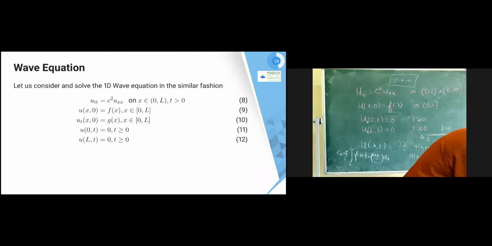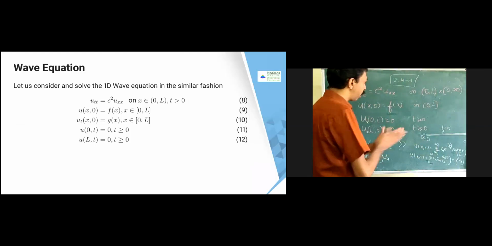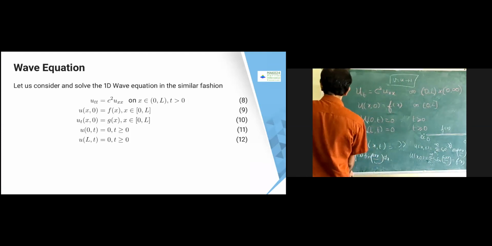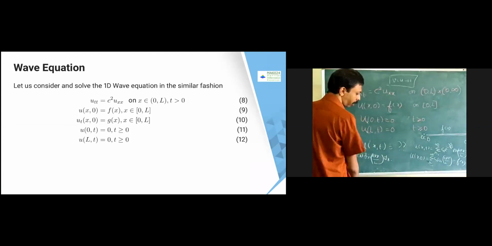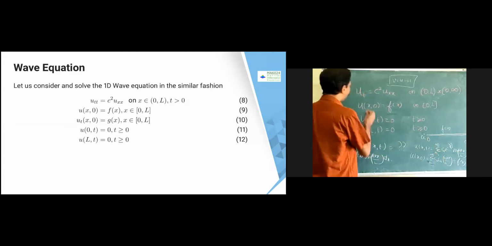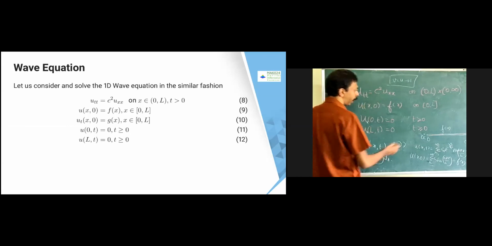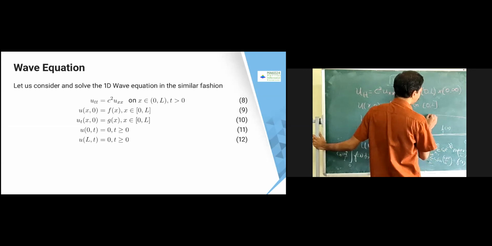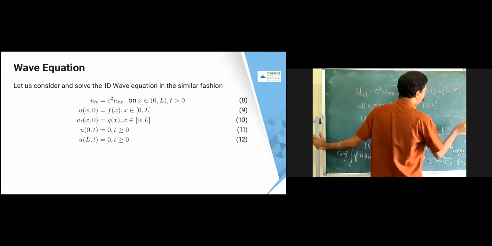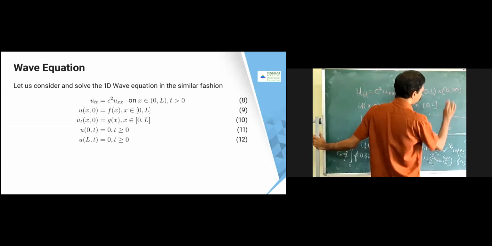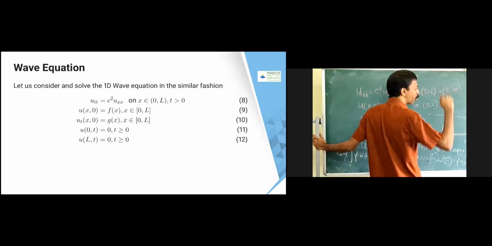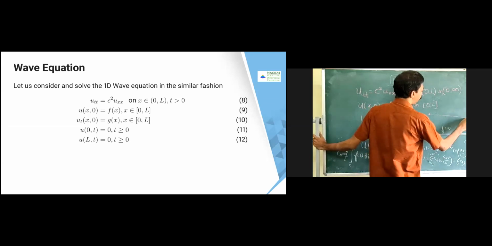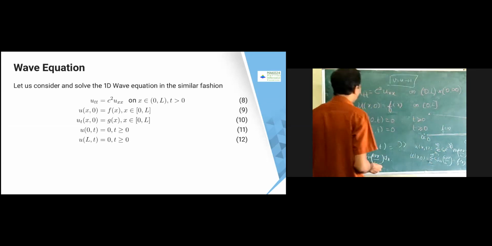Okay, now let's go to one more thing. Since we have derived this, I'll leave it as an exercise. So we are going to solve another problem called the wave equation. Take a guitar string, and the string is fixed over here. You just disturb it here, so that it produces some kind of wave. You can derive this from the wave equation, which we'll see tomorrow or next class.